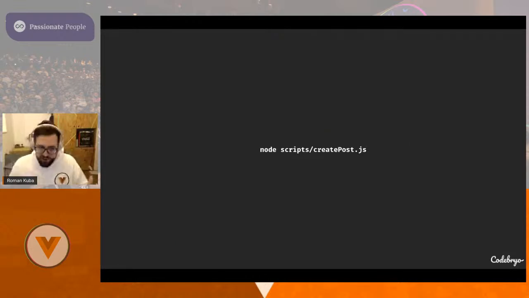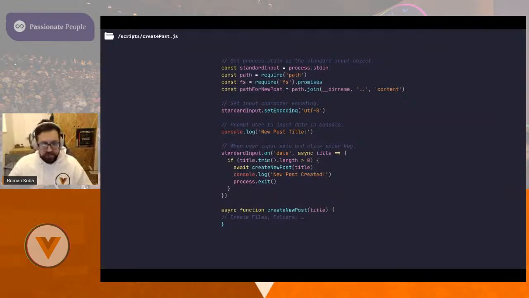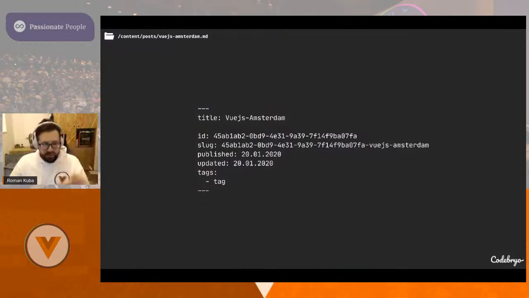And again, automation is key. So what I did is, whenever I want to create something, I use a script to create a post. And it looks something like this. It does nothing more than create a markdown file with all the right configuration values. I can even ask for the title and prepare this file for you accordingly. And you end up with a file looking something like this, and it's ready for you to go.